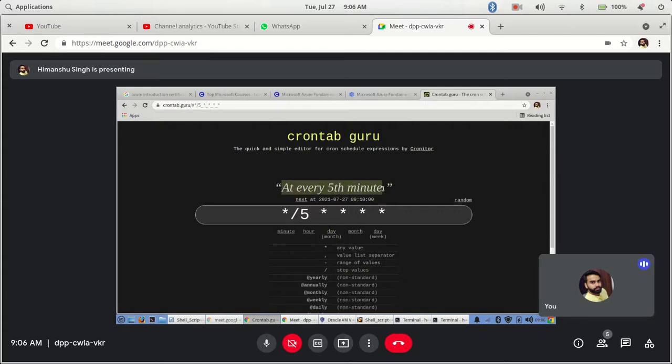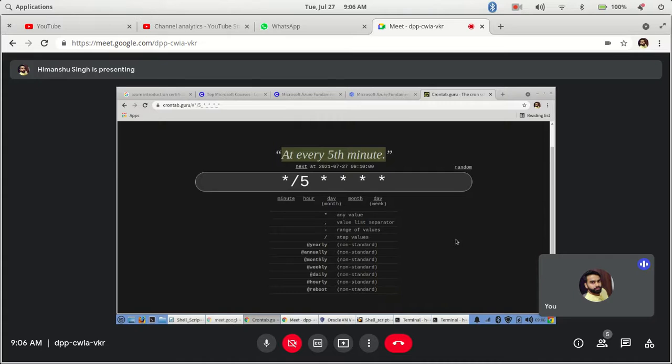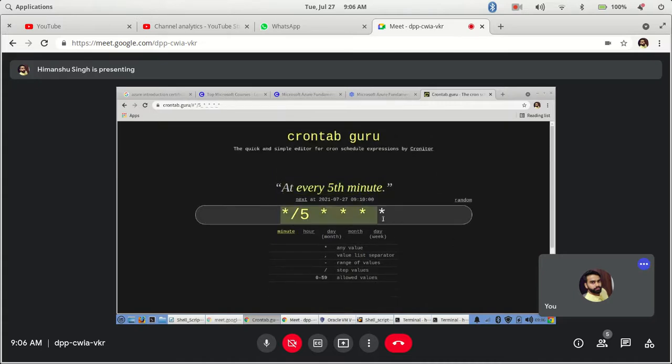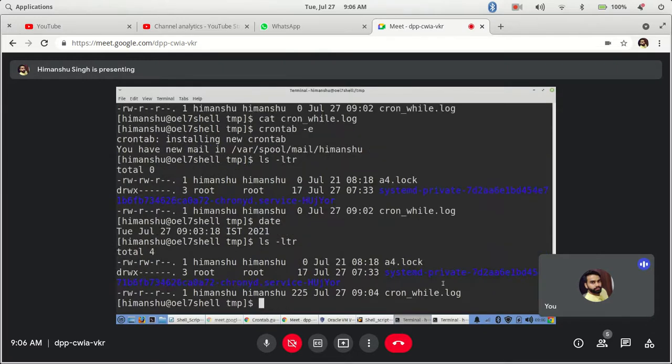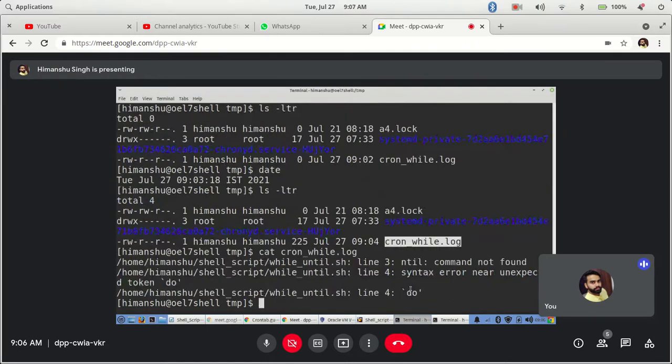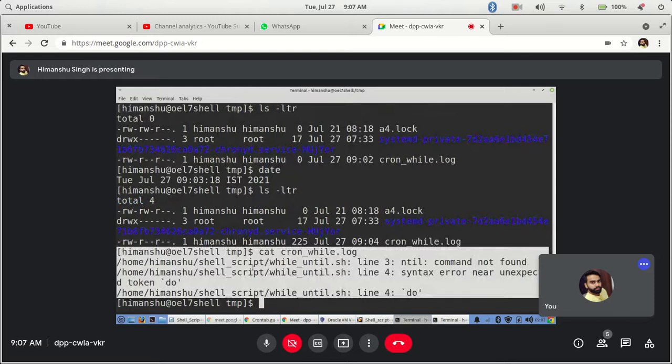Yes, you can verify here how it will be doing. The best way for beginners is to verify from here, so that it tells you what you are actually scheduling, so next time you don't get confused. Once you are used to it, then no worries, but here you have to validate. Now if we go to the terminal, you see here cron has written something, right? Earlier it was not writing that. There is a syntax error, correct?